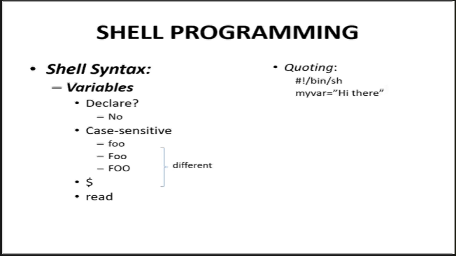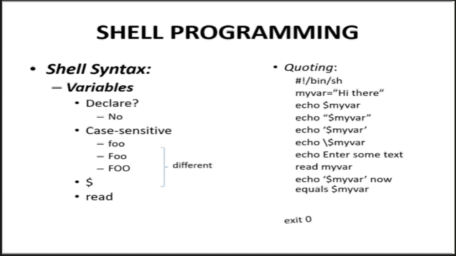where I have a variable called myvar, which is stored with the value hi there. Now when I echo $myvar, I will get the output hi there. I will show you the output at the end of the script. So this is the script. At the end of the script, it is recommended to write the exit command, and when I execute it, it displays the output like this,